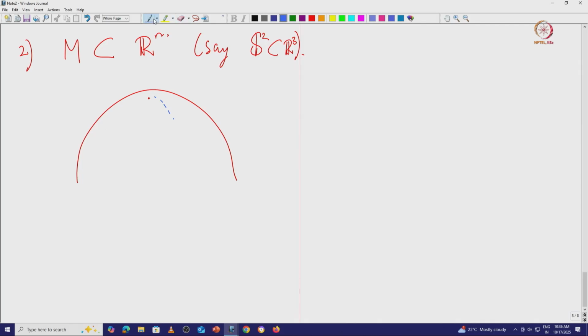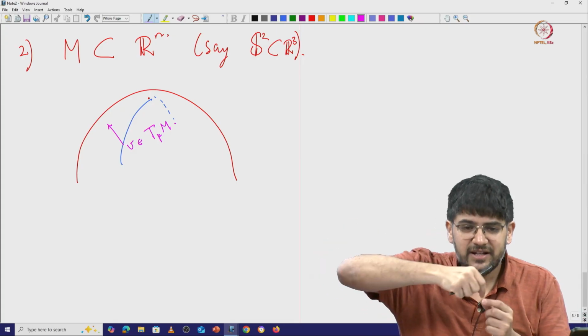Initially your vector V in the tangent space is tangential to M. Now M is sitting inside this Rn, so let's try to